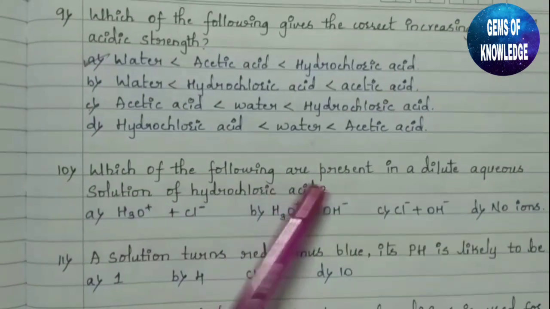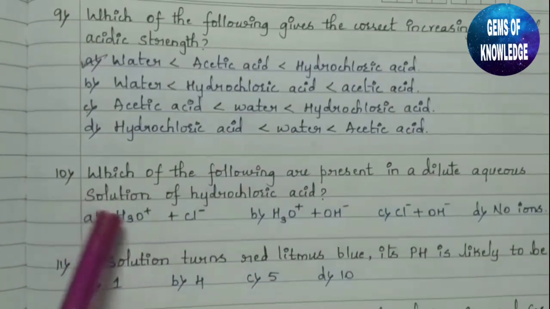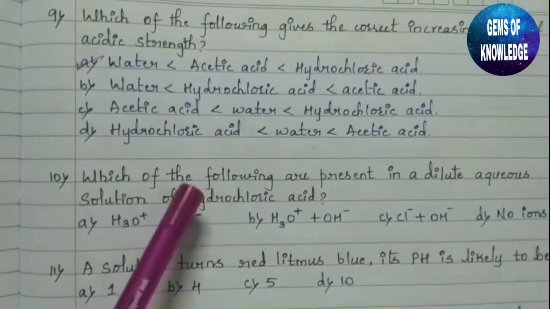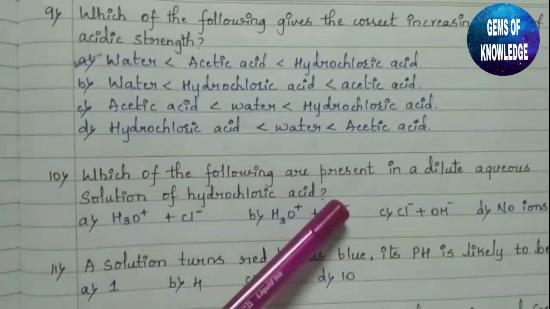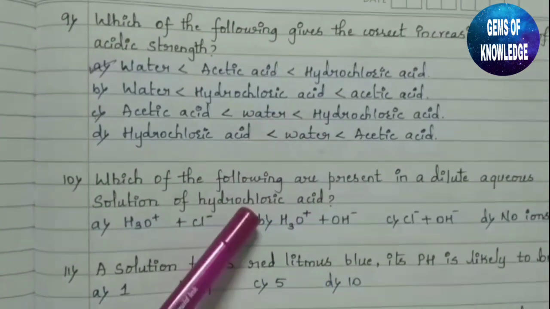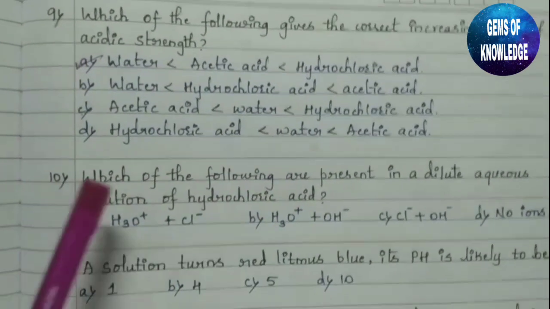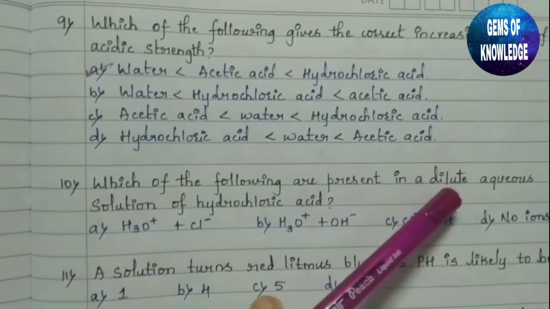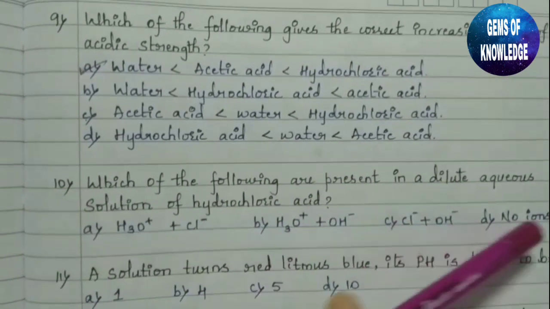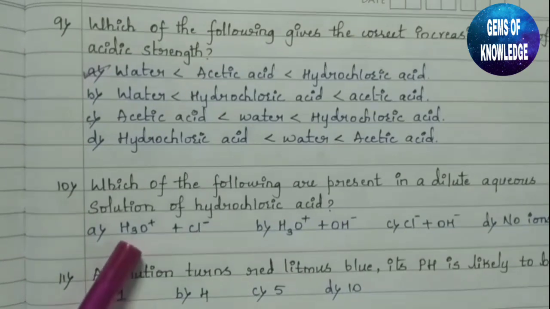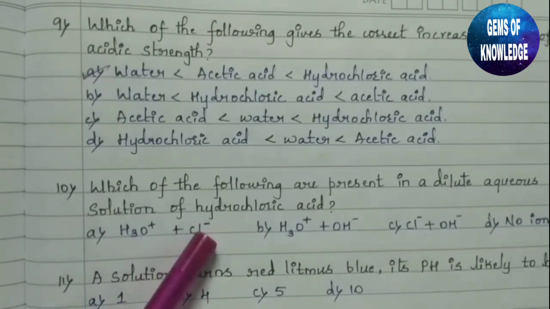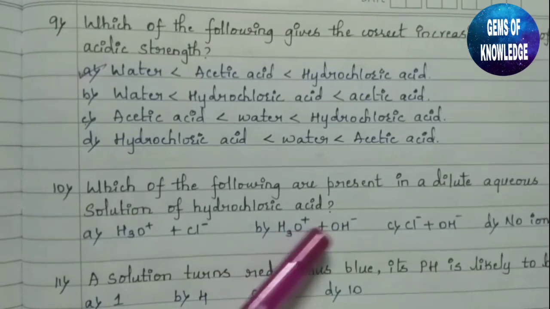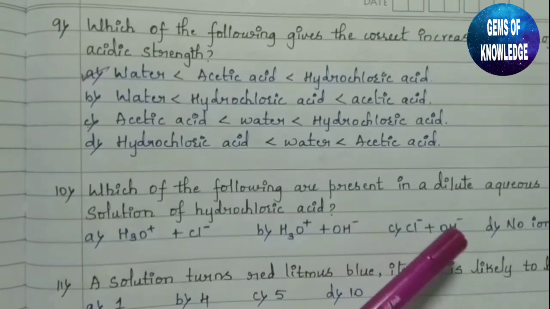Which of the following are present in a dilute aqueous solution of hydrochloric acid? So hydrochloric acid has been given, and if we are diluting this hydrochloric acid, when this hydrochloric acid is diluted into the water, what happens? What are the ions present here? We have to mention it. The first thing they have given is H3O plus Cl minus, H3O plus OH minus, Cl minus plus OH